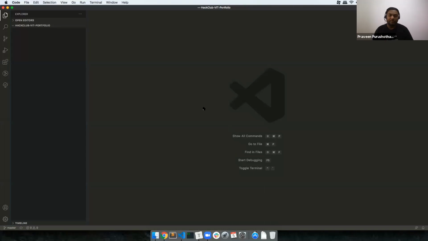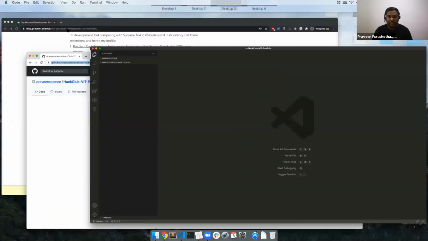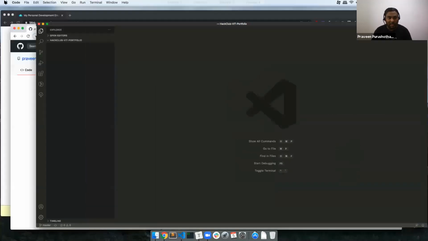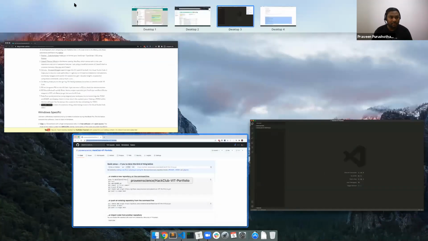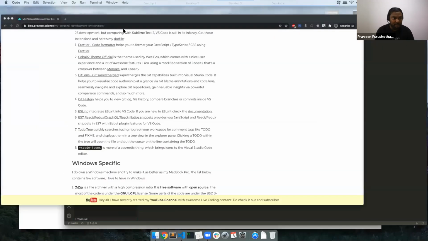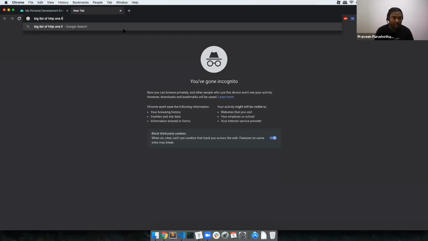so whenever we are trying to run a local web-based application, I always ask you to run a server. I believe a lot of people have been using live server, which is actually good. At the same time, what I would say is I will use some kind of one-line servers. So let me show you some big list of HTTP one-line servers.